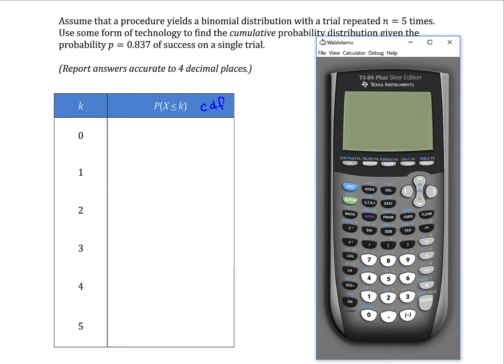Well, I can use my calculator to find cumulative probabilities. So binom CDF takes 3 inputs: n, the probability of success on any given trial, and the number of successes that we wish to observe, which when k is 0, that would be 0. And then it gives me a probability, which is written in scientific notation, but what it means is